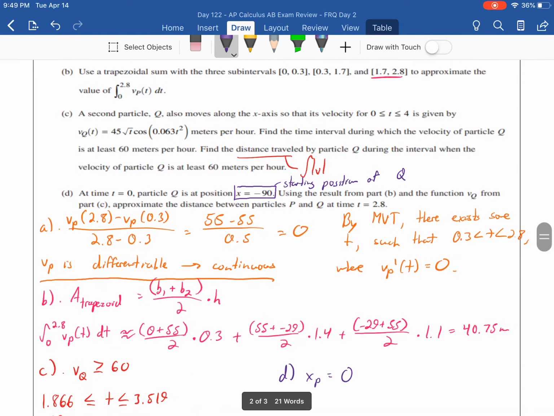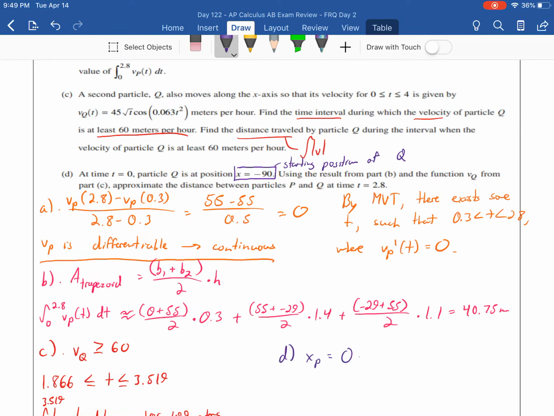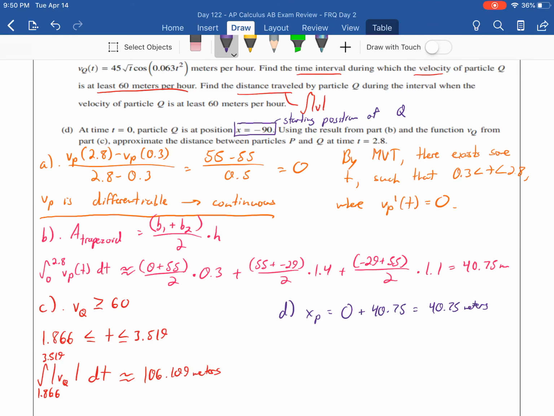And then part B tells us that from 0 to 2.8, it goes positive 40.75 meters. So it looks like the position of particle P is 40.75 meters. And note, I say position this time, not distance traveled. It's the position, because remember, we're traveling along the x-axis, so that's where it is on the x-axis. So now if we do particle Q,